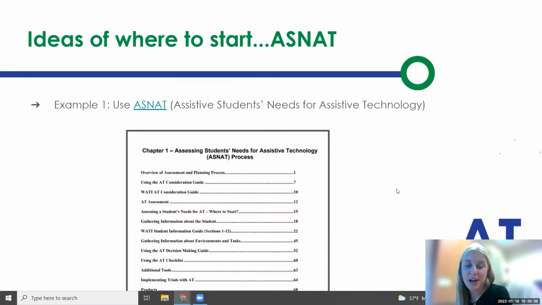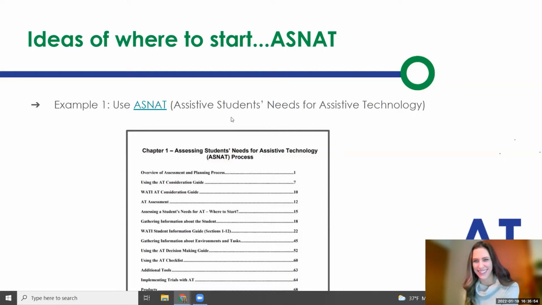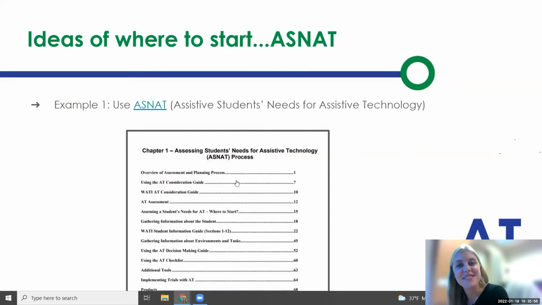All right. So when we talk about where to start, how do we start to think about the needs for assistive technology? Assessing students' needs for assistive technology. This is a screenshot of it, but you can click either on the words here or on the actual picture, and it will pop up.